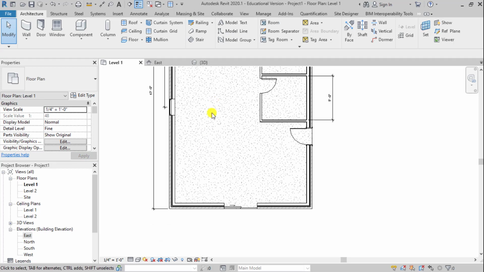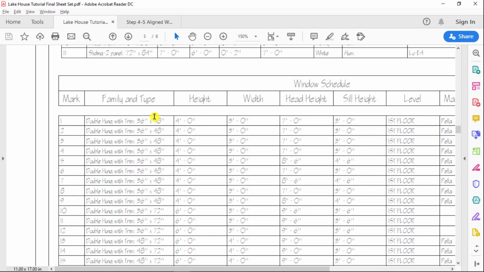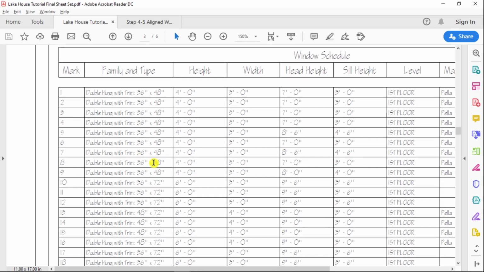So for the rest of our house, what we're going to do is put in the corresponding windows. So if you want at this point, you can go ahead and pause the video, and I'm just going to go ahead and continue to put my windows in. So we see that we've got some different heights here